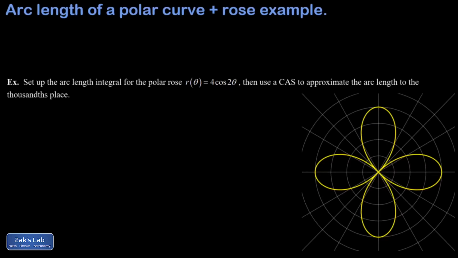In this video, we're going to quickly derive a formula for computing arc length in polar coordinates, and then we're going to apply it to this rose curve and get the arc length of the curve. If you're not familiar with how to plot a rose curve, I'll post a link real quick to the video where this was first done. This particular one has the equation 4 cosine 2 theta,